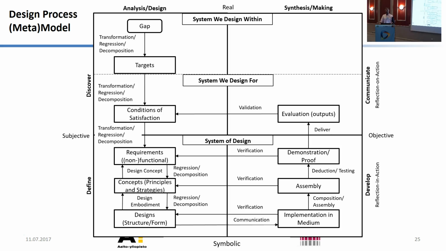So it's about evaluation, understanding: is this artifact, or the design solution that the designer has proposed, meeting my goals or not? Does it help me to meet my goals? It doesn't. And the interesting thing is that the system of design you can consider as more of a rational process. But eventually, when you go out from the system of design to the system we designed for, you have users, and users have different experiences and perceptions, and they can just easily say, I don't like this color. Then change it. Yes.